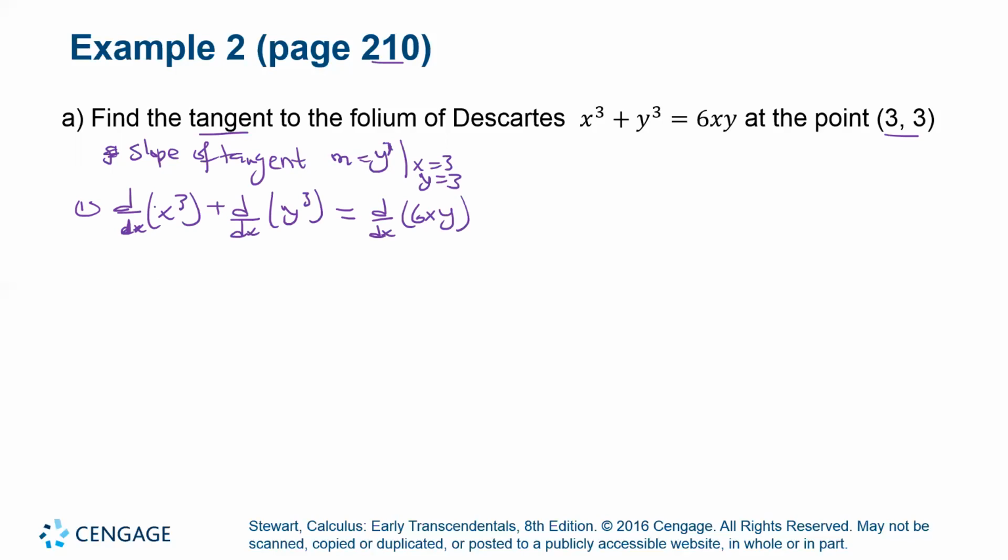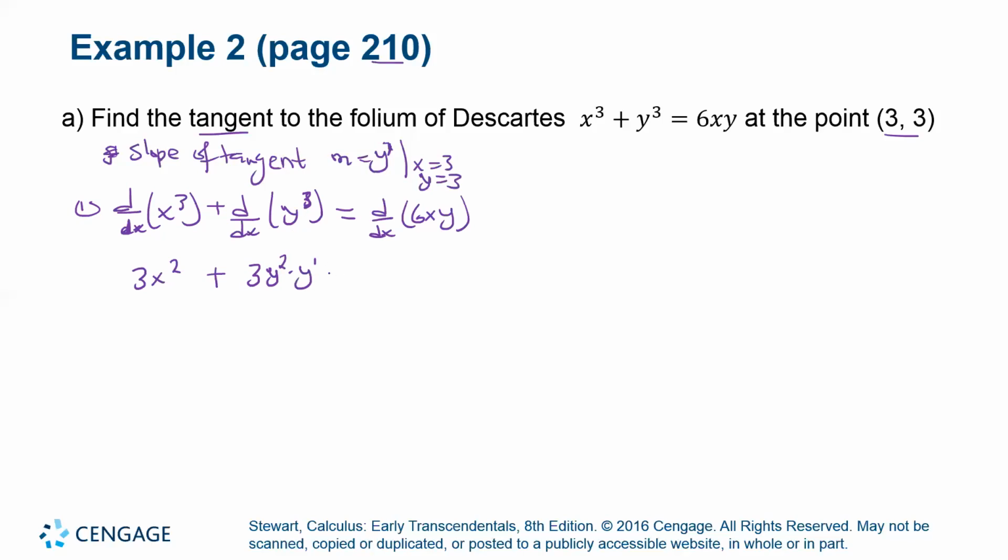Now, if you differentiate x cubed, that is the normal power rule: 3x squared, 3x raised to 3 minus 1. That's why I have the square. Then plus, y is a function of x, so you differentiate it using the chain rule. So that is 3y to the power 3 minus 1, which is 2, then times